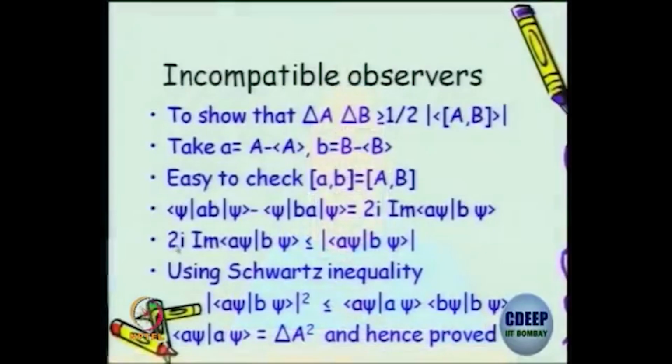So any two operators whose commutator is not 0, then there will be uncertainty in the measurement. You cannot simultaneously measure both of them precisely. So that's the verbal way of saying the mathematical equation which I have written. So this 2i should be removed here. This imaginary part is less than or equal to this, and then you substitute it here and then you will